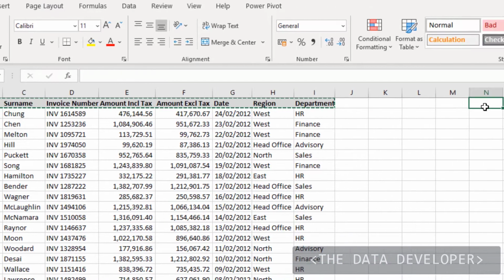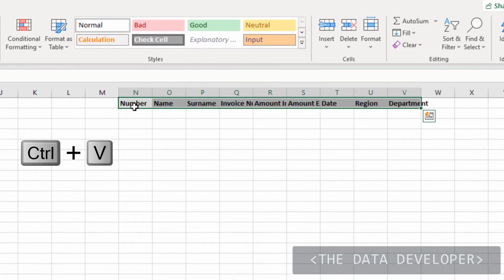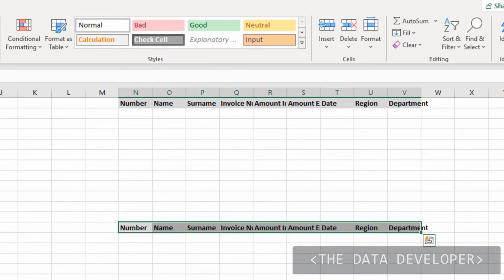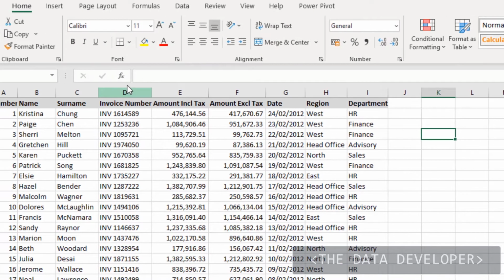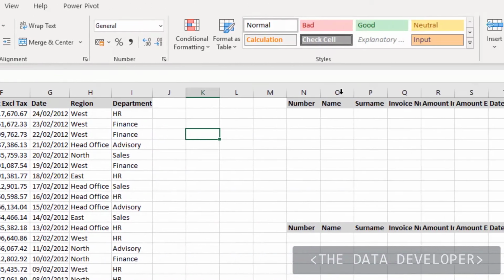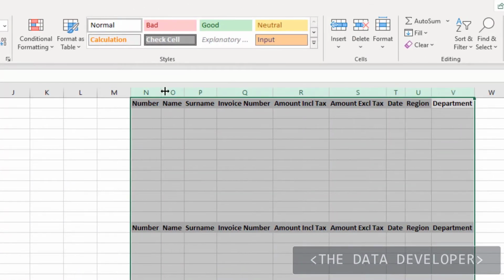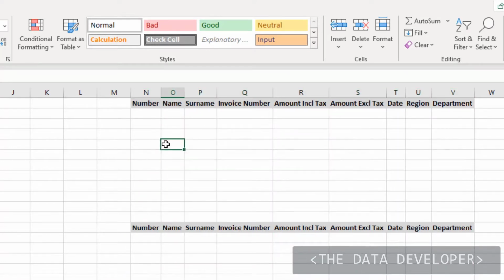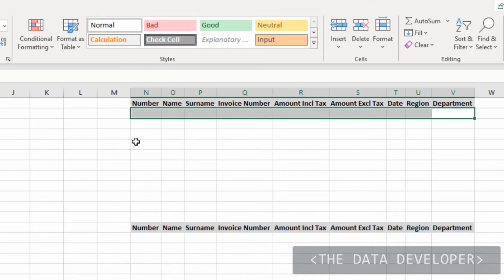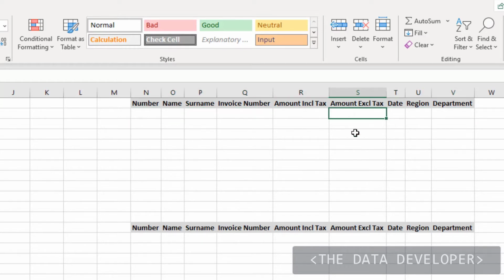I'll just put them next to the data here. And I'll put the headings again. So you need the headings twice somewhere else. So here's the data of the headings, here's another set of headings, and another set of headings. So the way advanced filtering works, you can in this actual cell put the conditions. So for instance, if I'm looking for everything that's more than 1 million, I'll put in more than 1 million